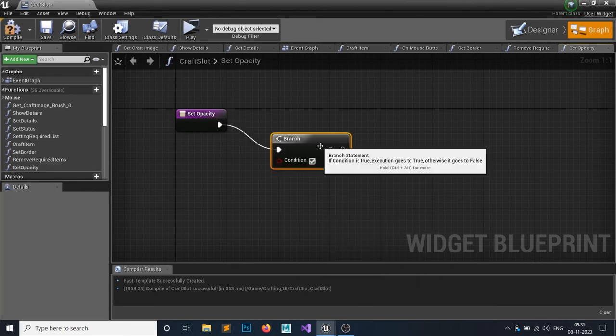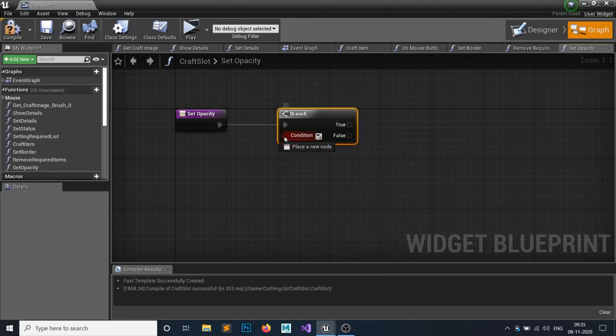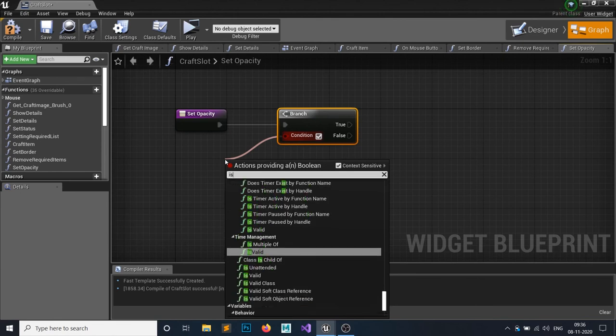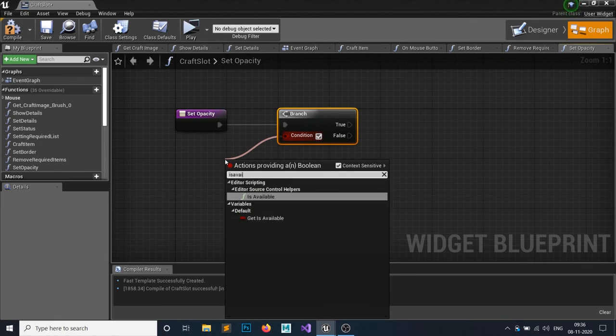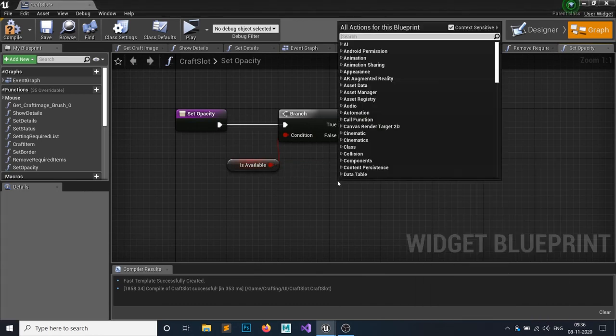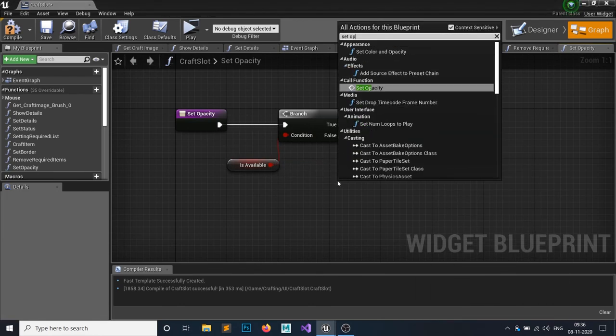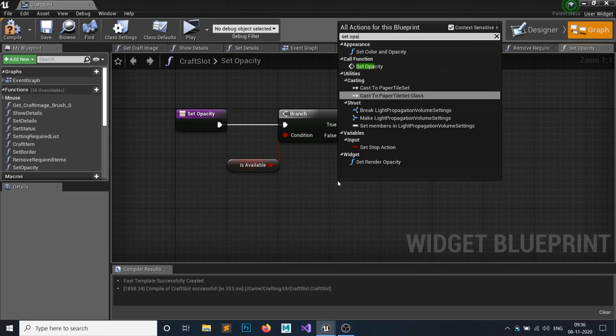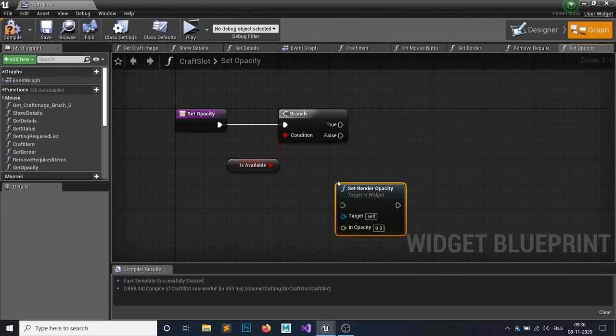Hit branch. If it's available, then I want to set opacity, or render opacity. Yes, I want to set the render opacity for this slot.